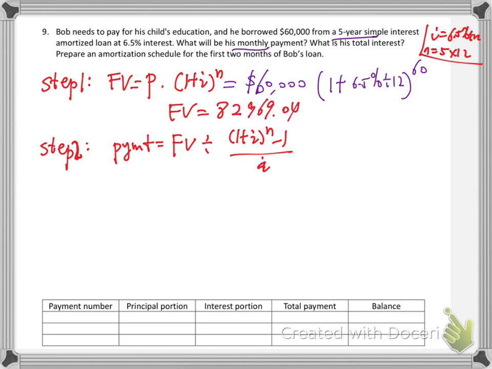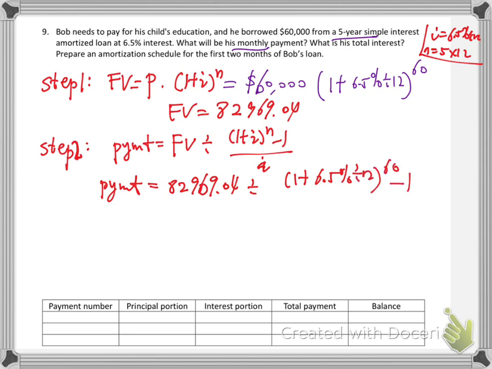82969.04. Okay, so now the monthly payment, right? You borrow this money, after 5 years you have to pay that much, in step one, and whatever the monthly payment you got is still also compound interest. So this will be the future value you got in step 1, 82969.04, divided by (1 plus 6.5% divided by 12) to the 60 power minus 1, over